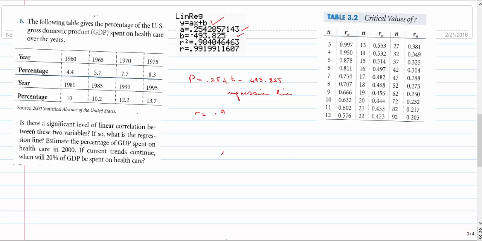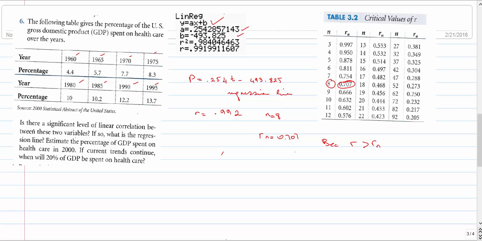My R is 0.992. And because my sample size is 8, I have 1, 2, 3, 4, 5, 6, 7, 8 values, N is 8. My R sub n is 0.707. Because my R is greater than R sub n, I'm going to say that